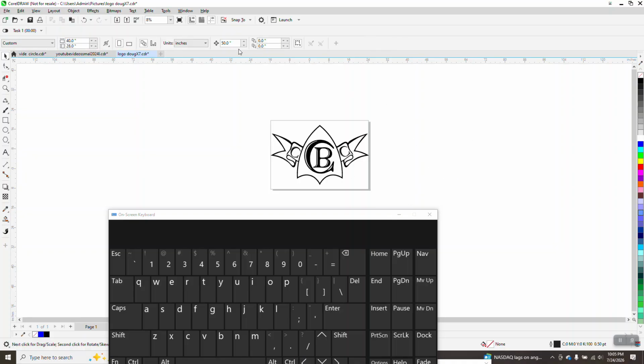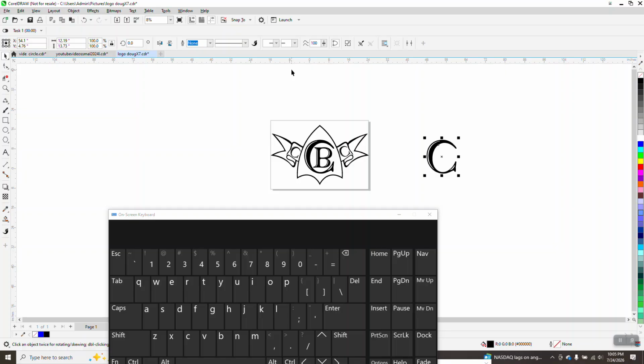And that's one of the reasons you want your duplicate distance on 0, 0 in case you want to make a duplicate. It would be in the exact same spot. Like if I wanted to make a duplicate of that C, I could go Control D and move it over, mess with it, and make it a different color even, and then I could nudge it right back to the